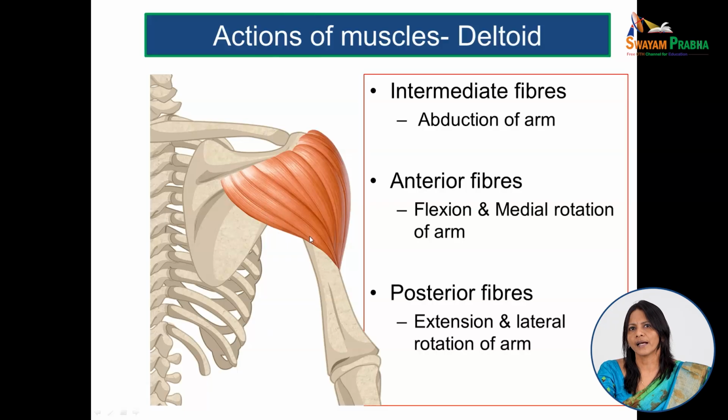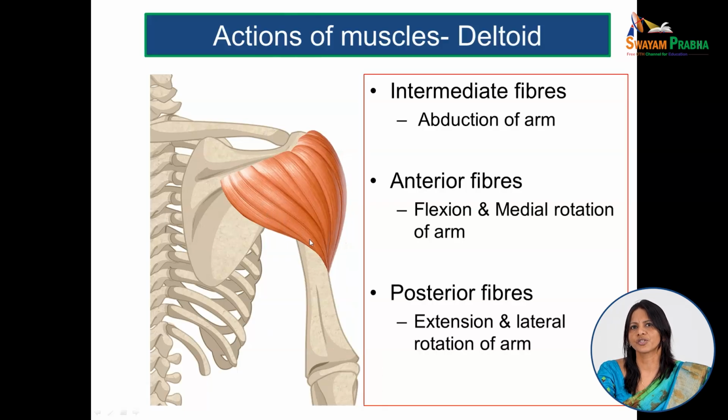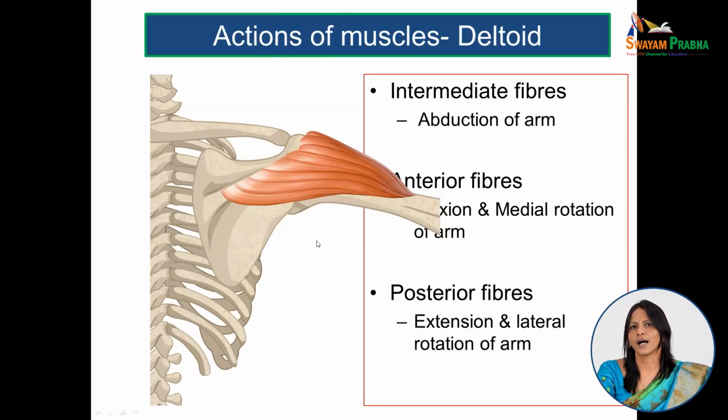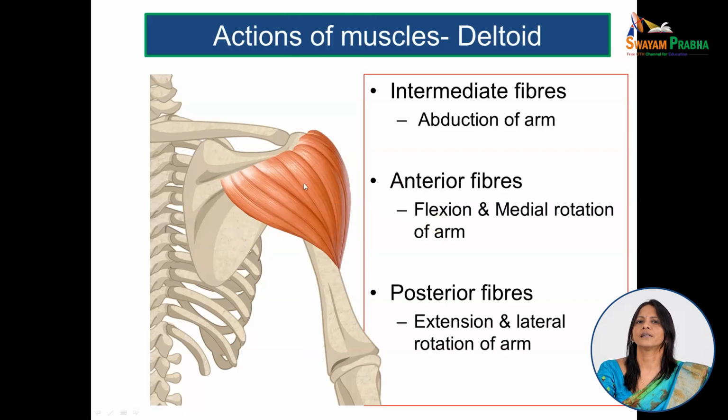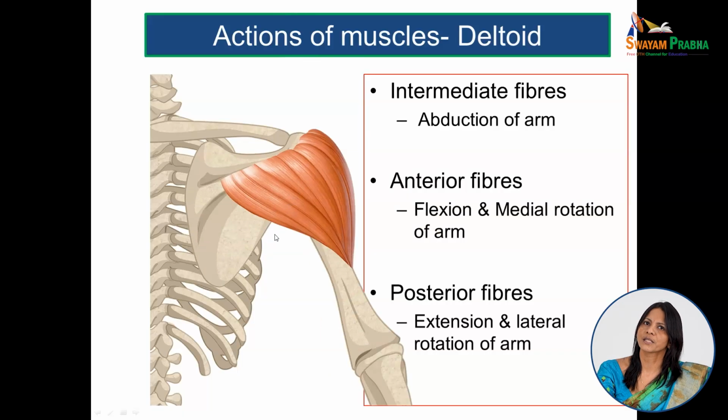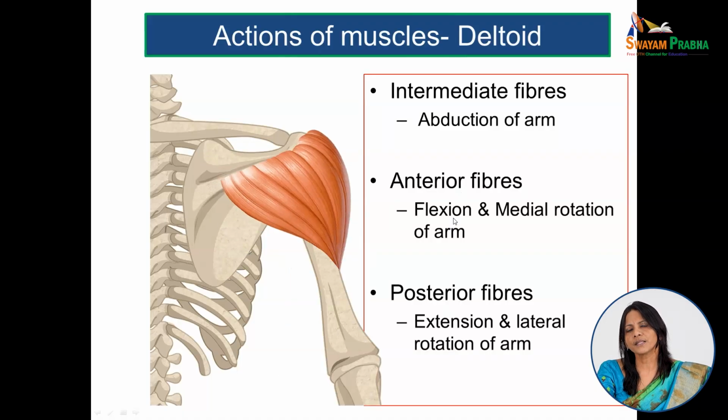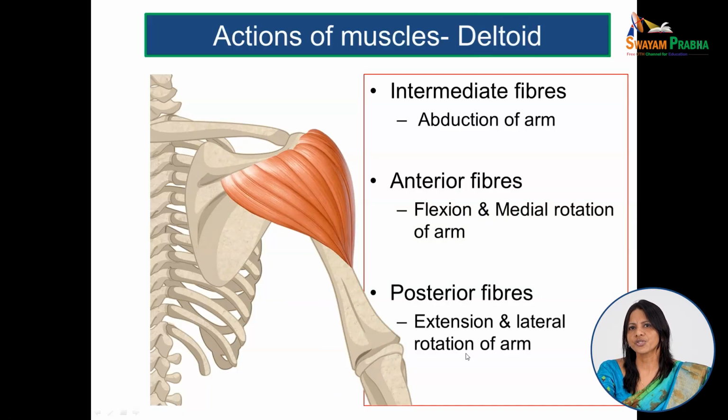From the midline, away from the body, is the abduction of the arm, and it is taken care of mainly by the intermediate fibers of the deltoid along with the supraspinatus for the first 15 degrees. The anterior fibers cause flexion and medial rotation of the arm, and the posterior fibers cause extension and lateral rotation